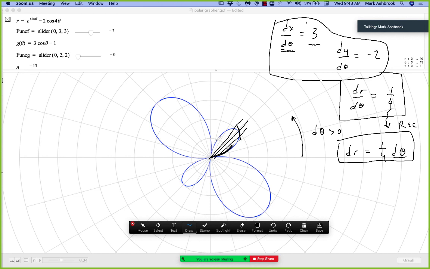All right, where's another place where dr/dθ is 1/4? Maybe somewhere around here. Somewhere through there, dr/dθ is going to be 1/4 because you're going away from the pole as theta increases, but just slightly. Okay, how do we use